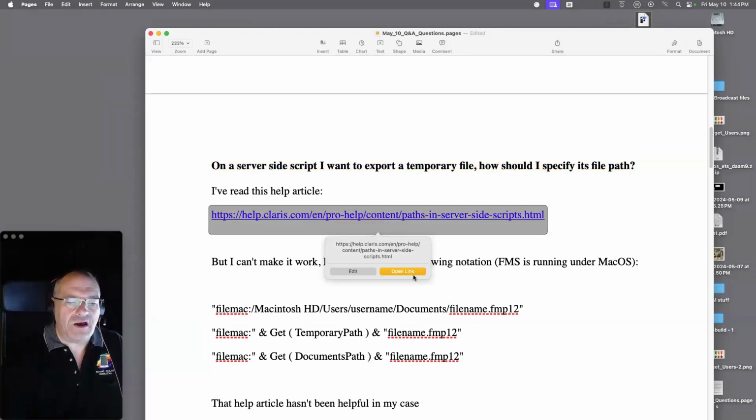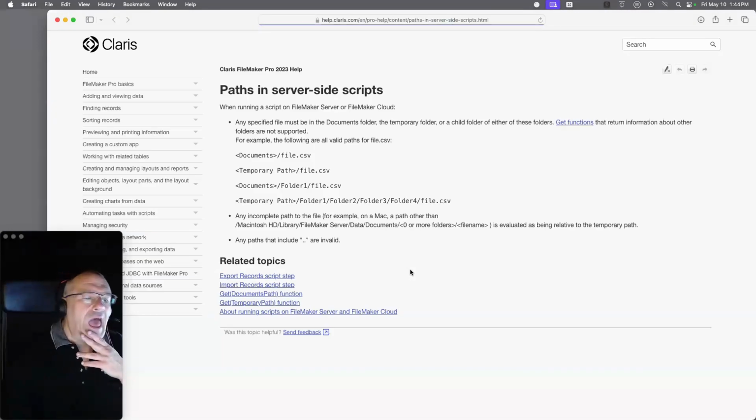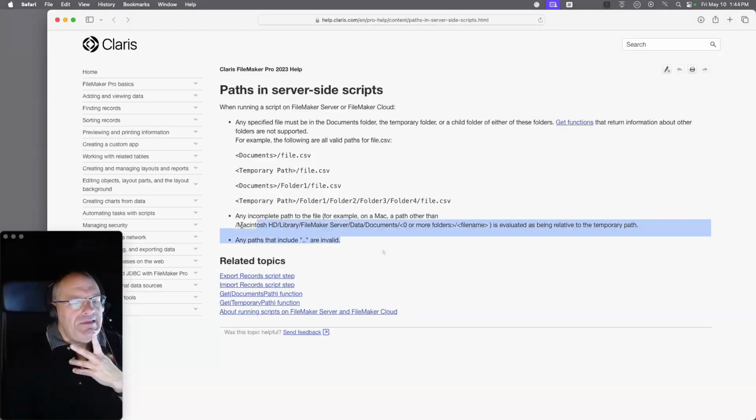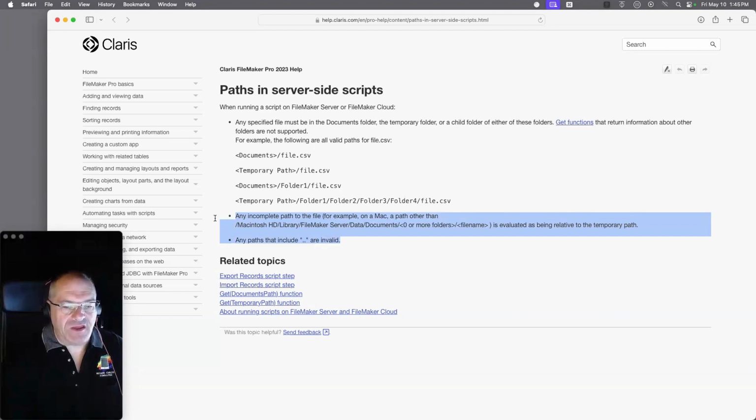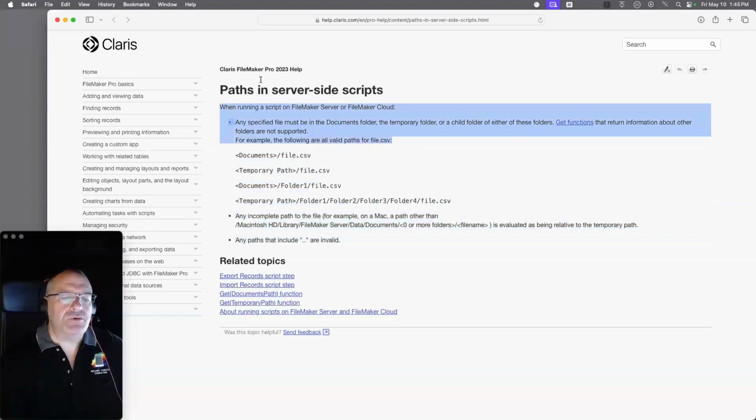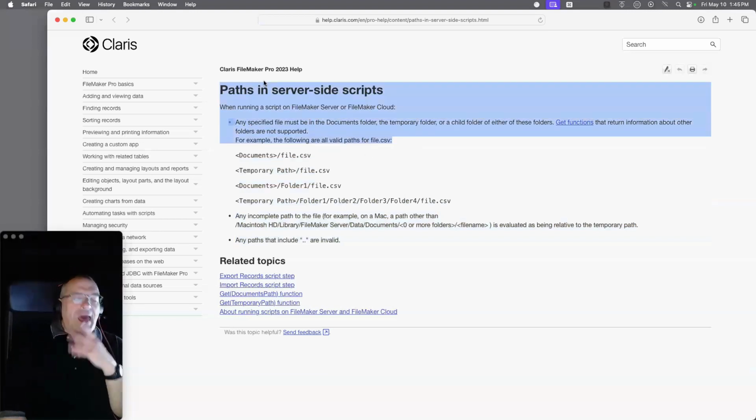There's a server-side path conversation right here in the Claris help. However, this doesn't take into account that there's a variation between Mac and Windows, and I'm not sure why, right? So any specified file to be in documents. So once again, let's talk about this briefly. So paths in the FileMaker platform,